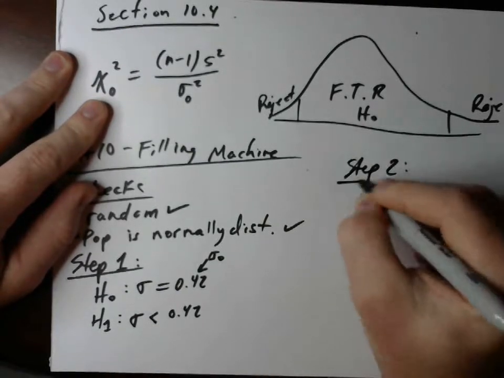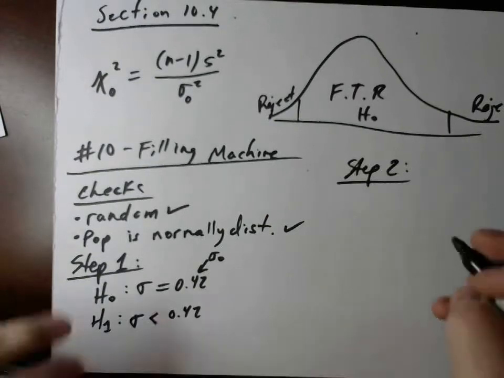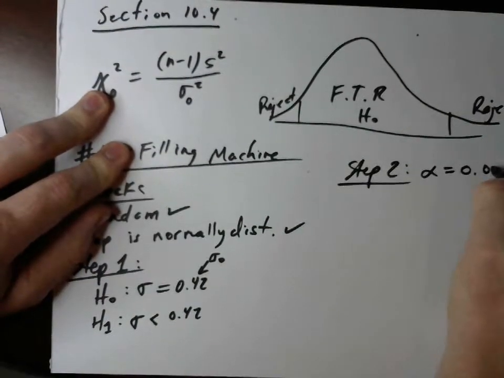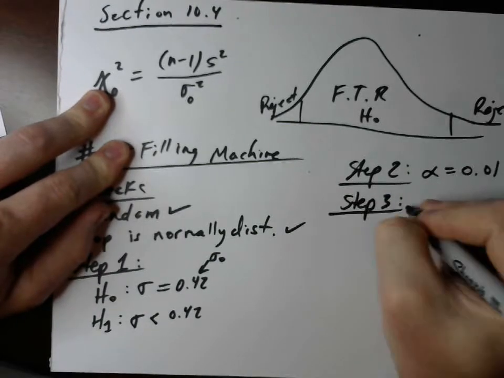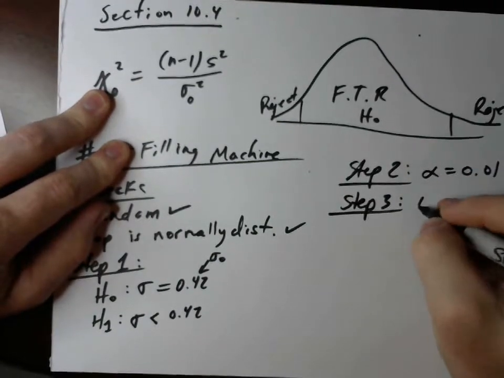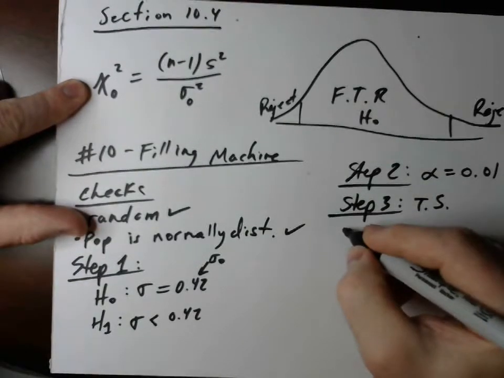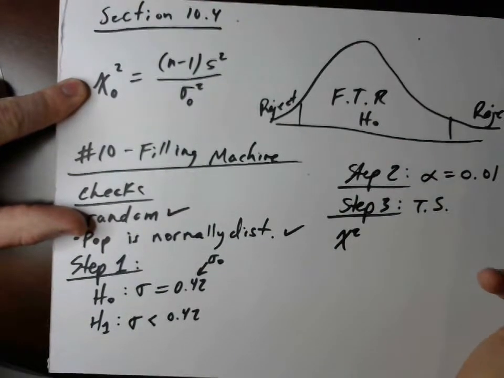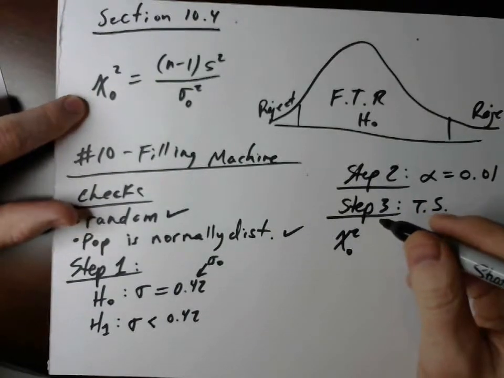Step 2 is our level of significance, our alpha, and it is mentioned in the problem that alpha is equal to 0.01. Step 3 is our test statistic, and our test statistic, as mentioned before, is this equation right here. Chi squared sub naught